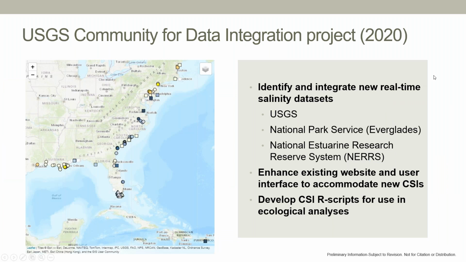So with support from NIDIS, the USGS launched the first prototype website to display CSIs in 2019. The website consisted of only 17 gauges located in North Carolina, South Carolina, and Georgia. These were just USGS gauges. In 2020, our team received funding from the USGS Community for Data Integration. This group gave us money to